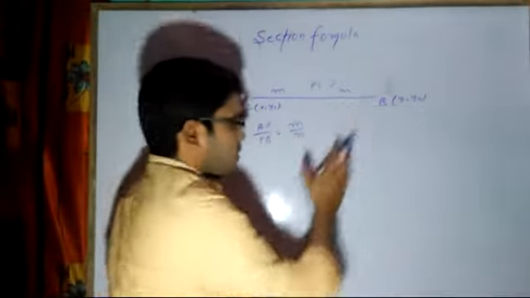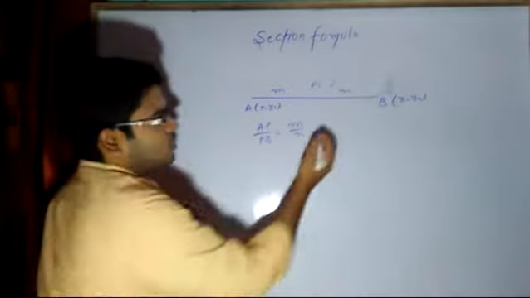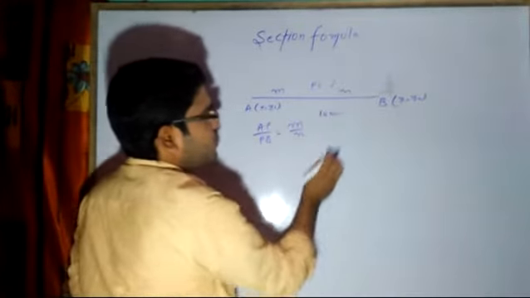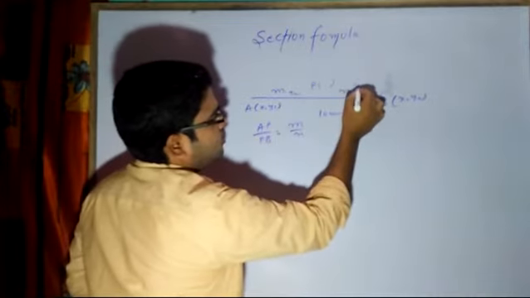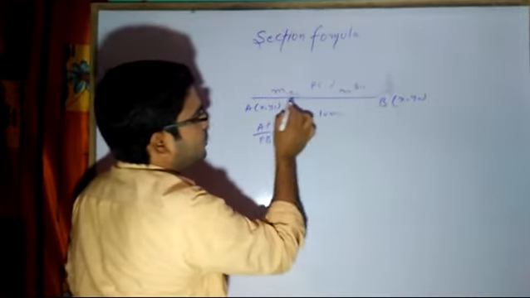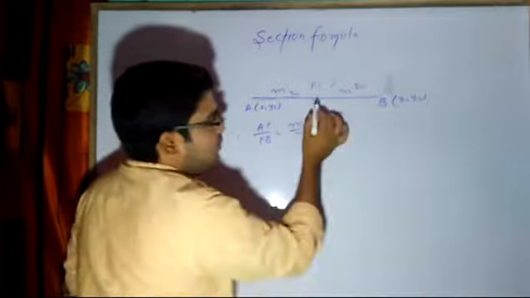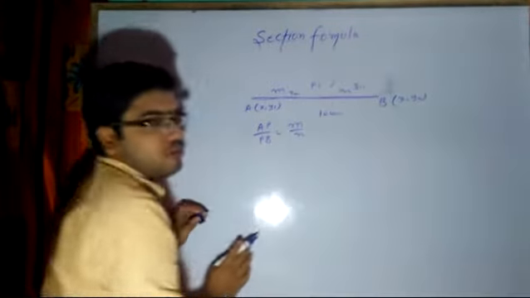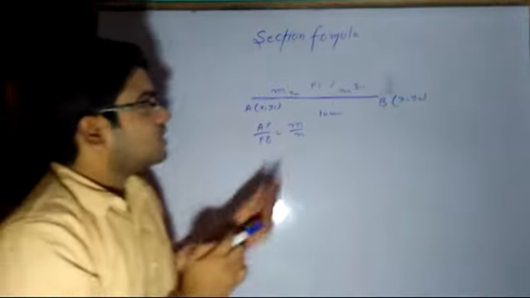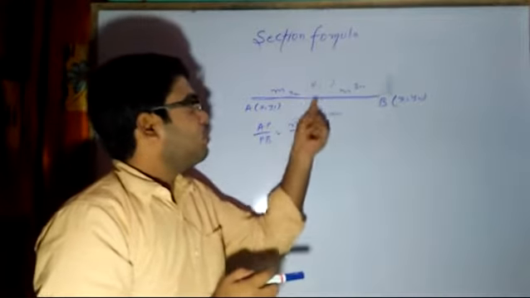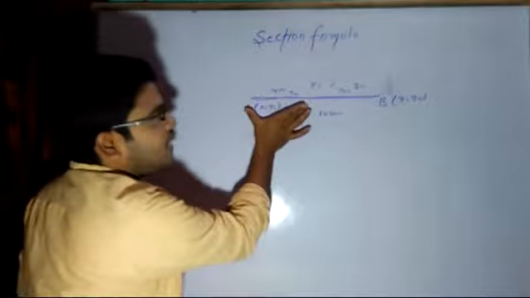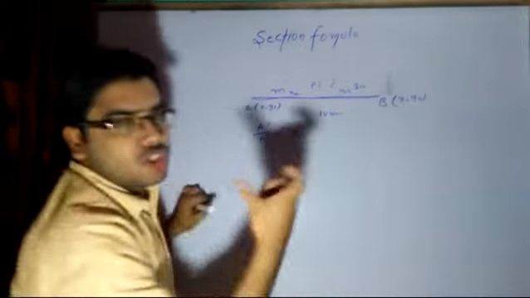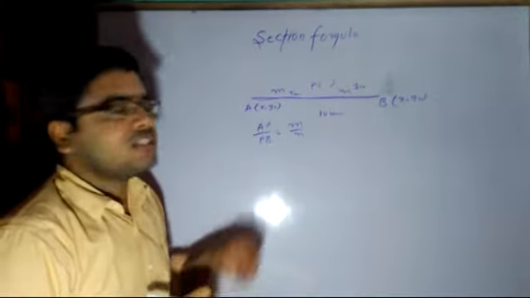Suppose the whole length of the line was 10 units. Now M is equal to 7 units and N is equal to 3 units. That means from here to here we have 7 units, and from here to here we have 3 units of length. That is the purpose of the point P here. That is why we call it the section formula. We have divided the line into various small segments, that is, sections.